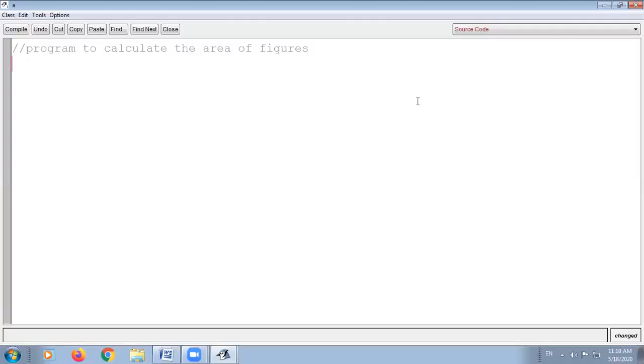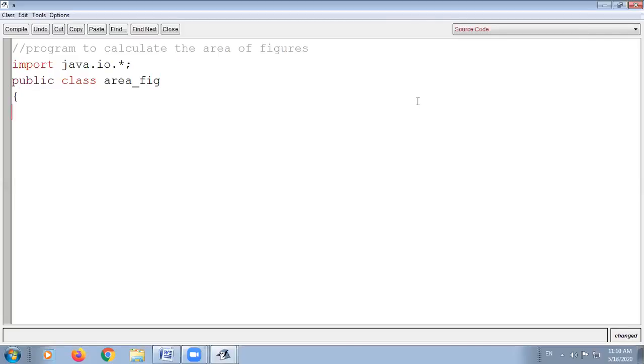Now after this, we will start with import, including the package, that is java.io.*; Okay. Now after this, we will make a class. Because in the question the class name is not given, you can make any class. So I am giving my class name as check, or you can write Area_FIG. It means area of figure. That is the class name.